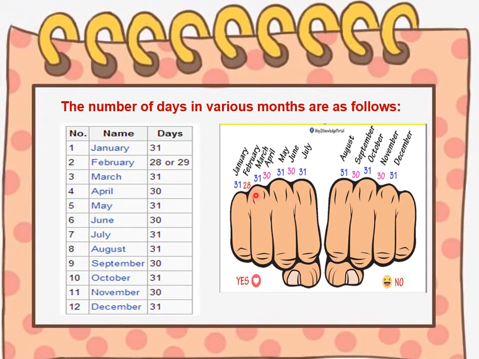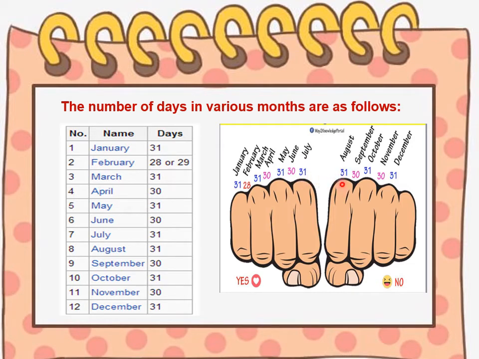Then the next up part we consider the third month, March, that is 31. Then down, April, that is 30. Then the upper part, May, the next month, 31 days. Then the lower part, after May, June, that is 30 days. Then the upper part, next month July, that is 31 days. Now we will count on the next knuckle of the hand.